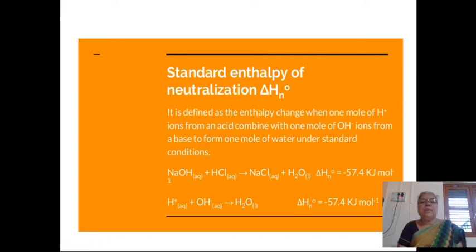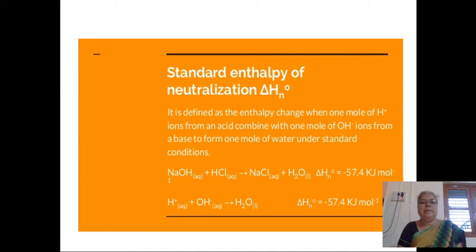All of you know the neutralization reaction means acid reacts with base to form salt and water. And the standard enthalpy of neutralization is defined as the enthalpy change when 1 mole of H plus ions from an acid combines with 1 mole of OH minus ions from a base to form 1 mole of water